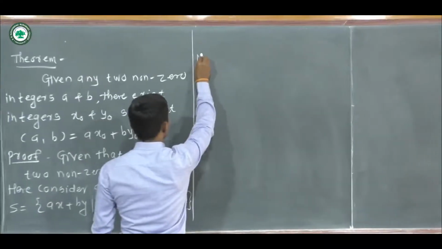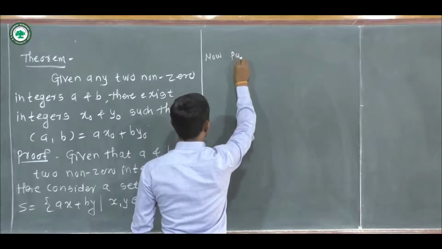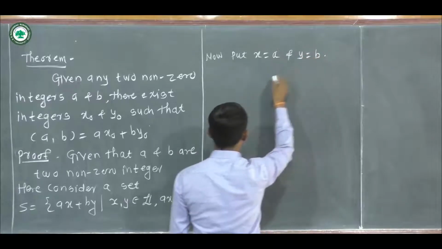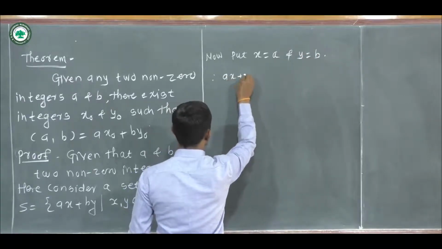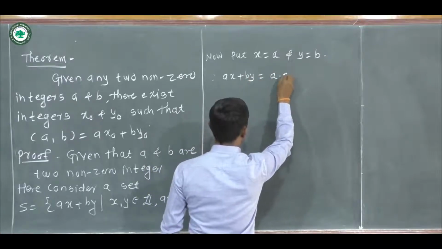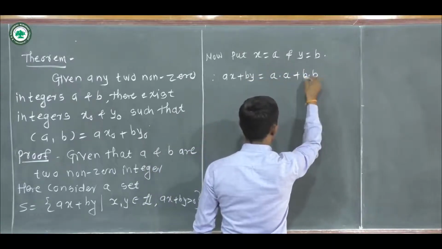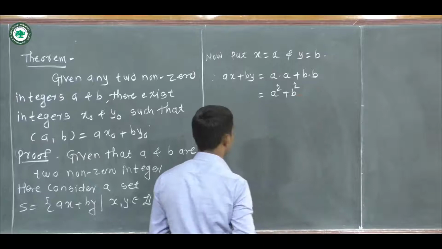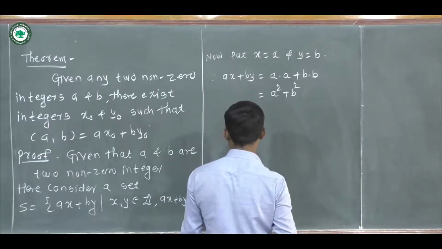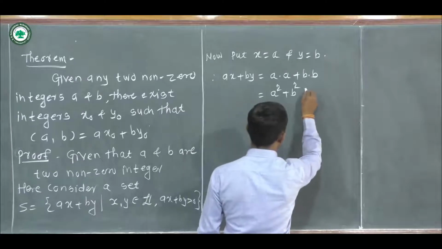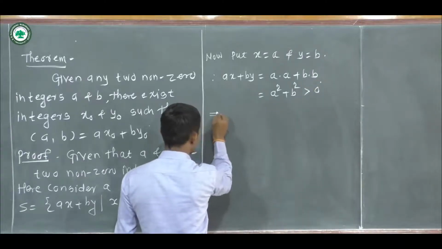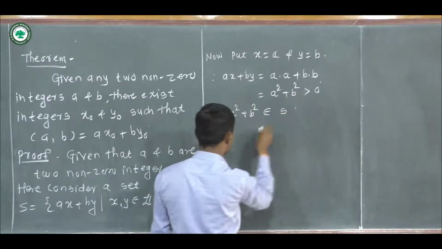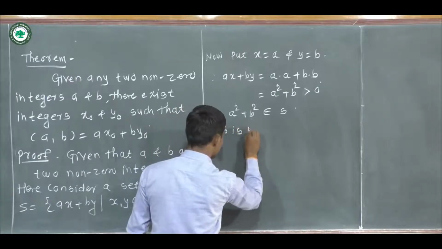Now put x is equal to a and y is equal to b. Therefore ax plus by is equal to a into a plus b into b, which is a square plus b square. Here a is non-zero, b is non-zero, so a square is positive, b square is positive. Therefore a square plus b square is strictly greater than 0. This implies a square plus b square belongs to S. Therefore S is